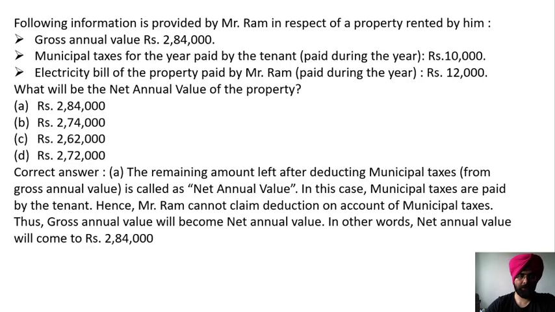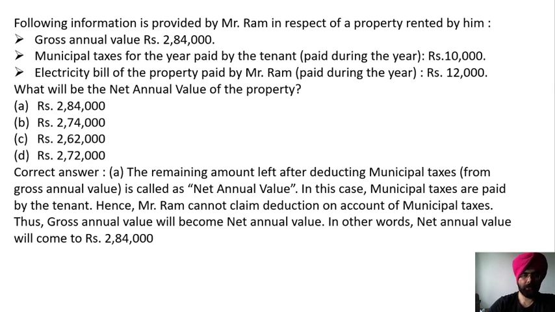Here the correct answer is A. The remaining amount left after deducting the municipal tax from the gross annual value is called the net annual value. In this case, municipal taxes are paid by the tenant. Hence, Mr. Ram cannot claim the deduction on account of municipal tax. Only that amount can be claimed as deduction which is paid by the owner of the property. So here the owner of the property has not paid the municipal taxes, so he cannot claim the deduction. Therefore, the gross annual value will become the net annual value, and thus no deduction will be available for the